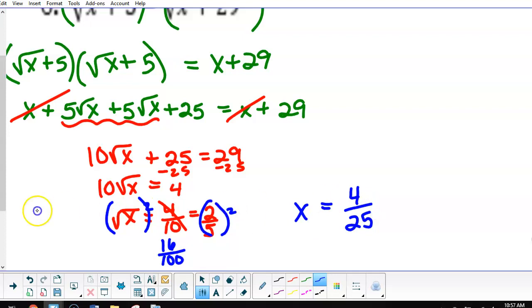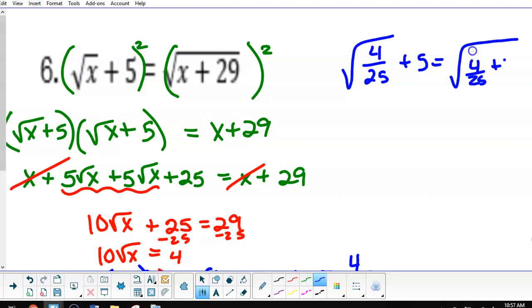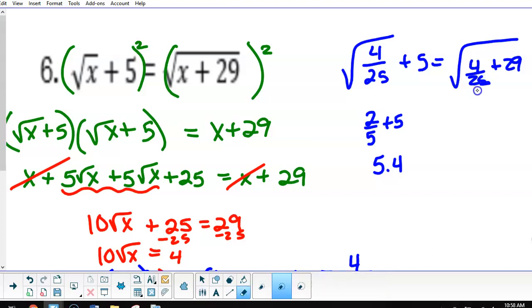Yeah. Okay, I suppose we got to go back and check this. Fun. Square root of 4/25 plus 5 is supposed to equal the square root of 4/25 plus 29. Okay, the square root of that is 2/5 plus 5, which would be 5.4 if you did it as a decimal, right? Okay, so let's type this in our calculator. 4 divided by 25 plus 29. 4 divided by 25 plus 29. And a math enter is the square root of